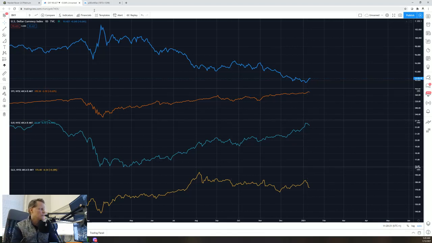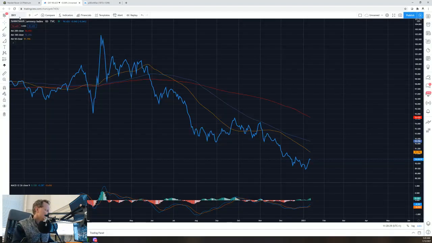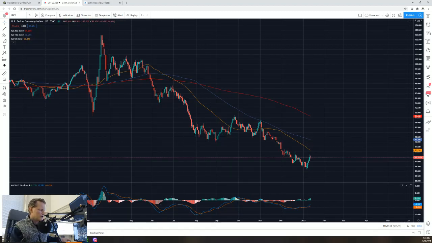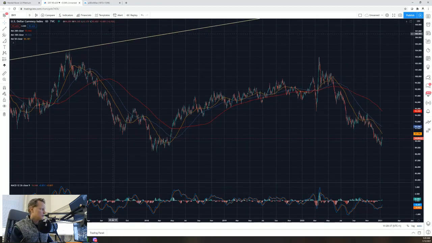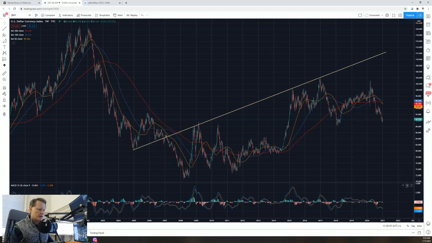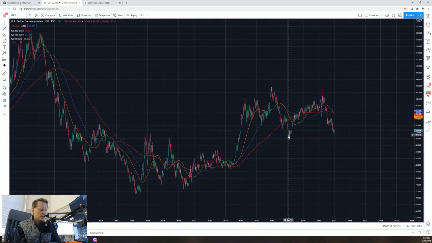So when I saw the dollar move to the lower end of the range and get very oversold, I'm going to quickly make a separate chart now, just looking at the dollar index. We're going to look at this with some candlesticks so you can see this a bit better if you like to be more visual. What we did notice, and I'll make this maybe a weekly chart, is there are a lot of lines on here that I shouldn't have because it's confusing. But you can see that the dollar, for the most part, has come back to where it was in January 2018. So I think this is a logical spot to see a somewhat substantial bounce in the dollar, even if it's only lasting for a few weeks.